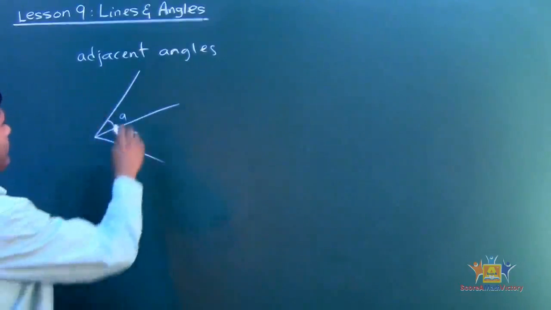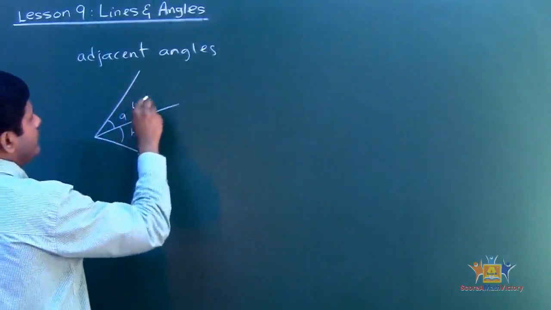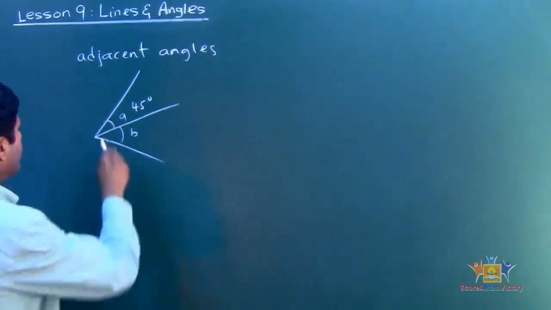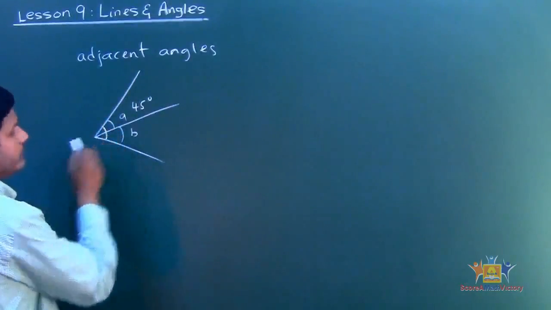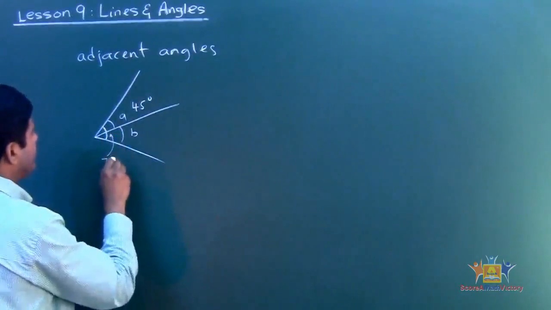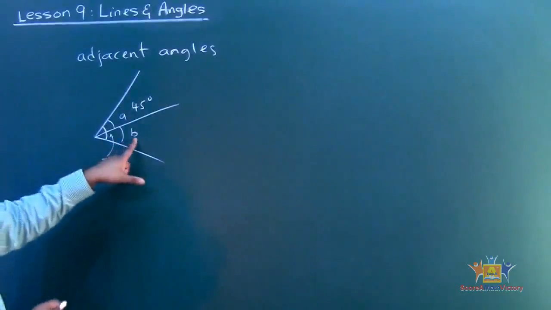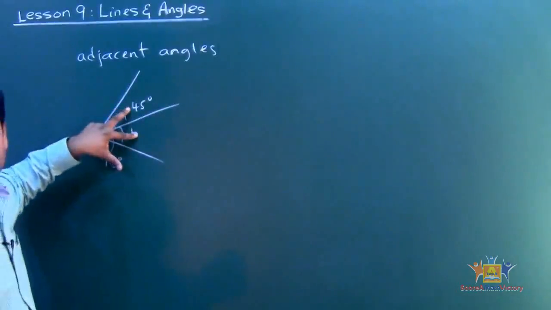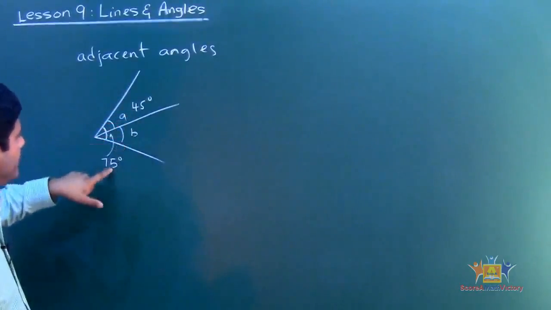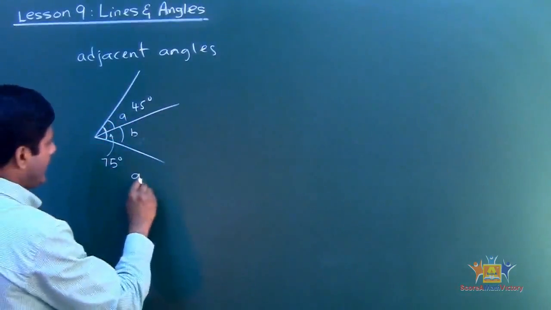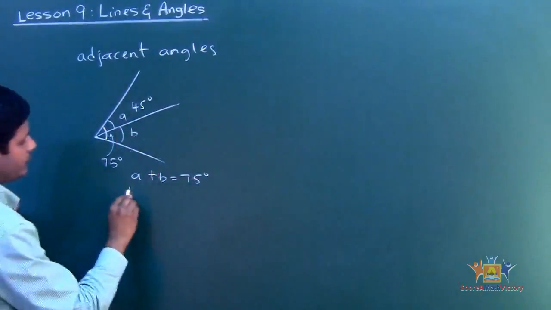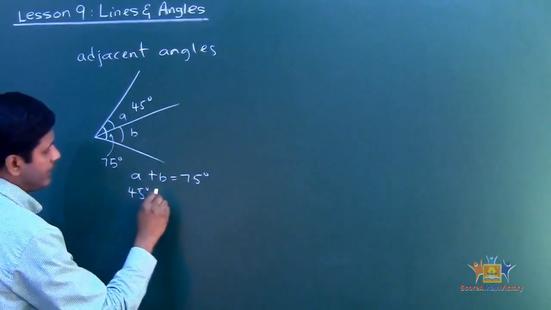So if I give you this one is 45, there's no way for me to find B unless I tell you what the total of this angle is. Let's say I told you the total angle is 75 degrees. Then I can find B because they're adjacent to each other. So A plus B equals 75 degrees, and I already know A is 45 degrees. Then I can find B